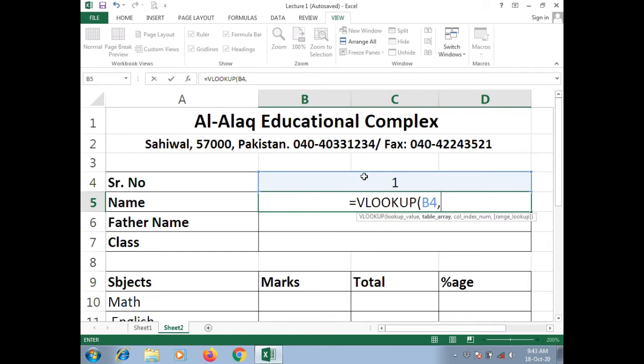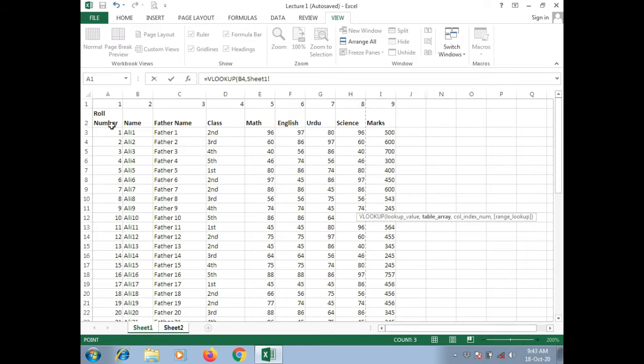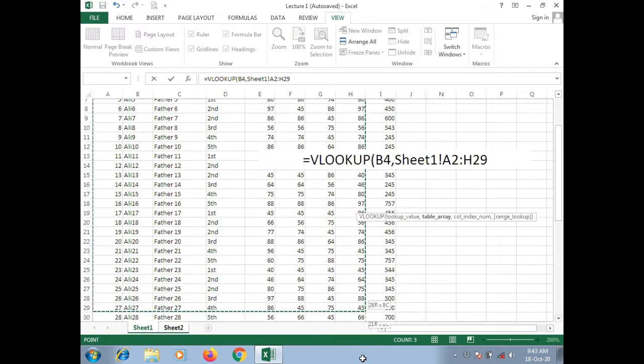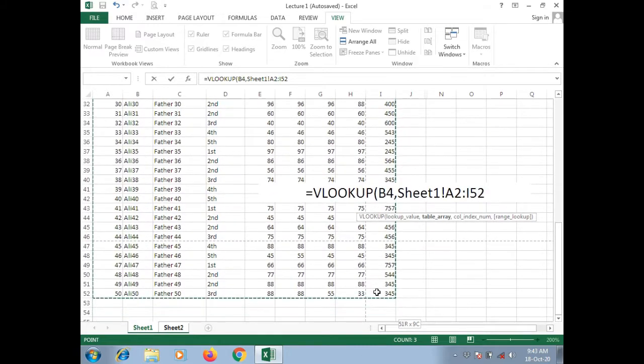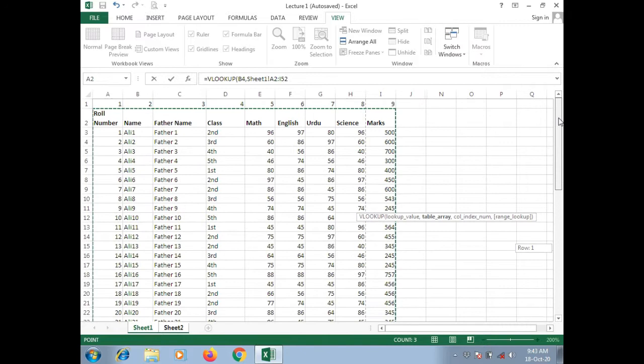Then we need to give a table array. Table array means the table in which this value is going to be searched. So now we need to go to sheet 1 and select this table array. I have selected this table, and then comma.